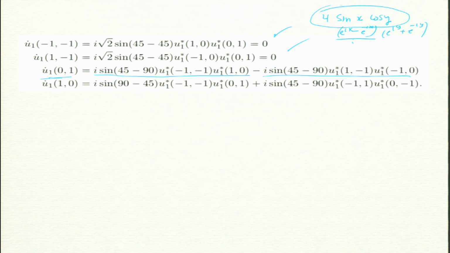Now this work you have to do, I simply can't do it on the board. So this one and this one are related, this one and this one are related. If I do the full thing, it is 0, so all of them are 0. And as a result, A dot is 0, B dot is 0, C dot is 0. I had more modes, but it turns out for this combination my A, B, C are constants, they do not change with time.